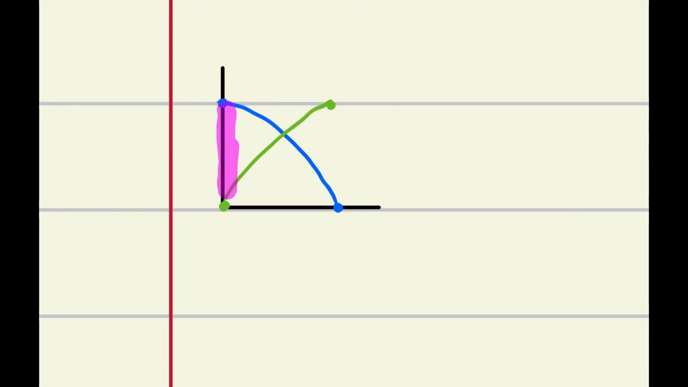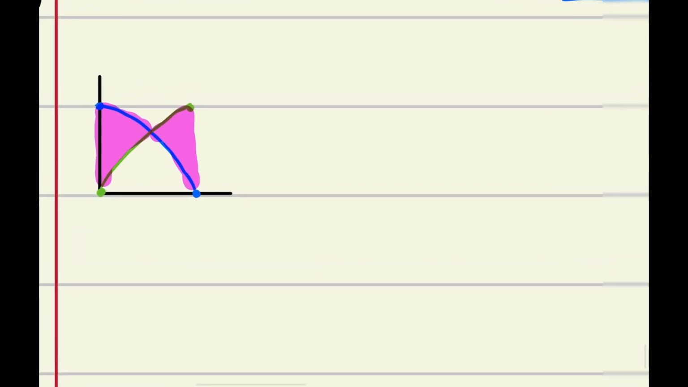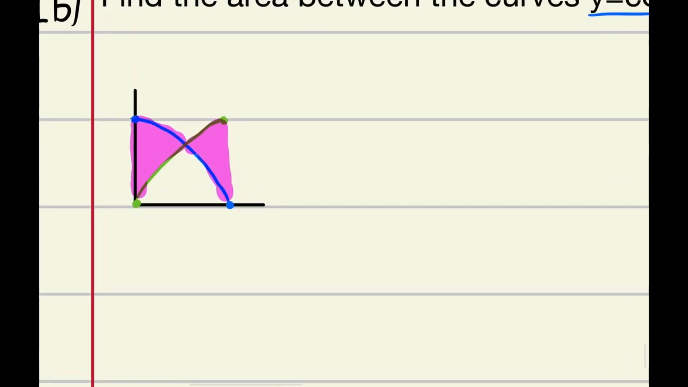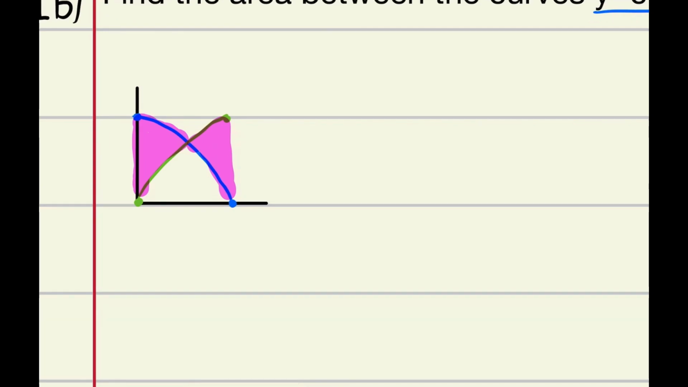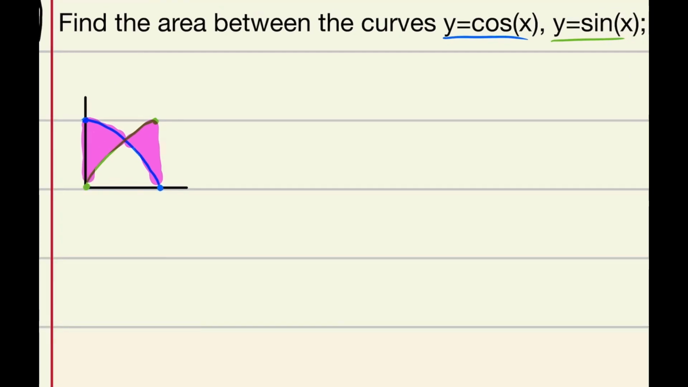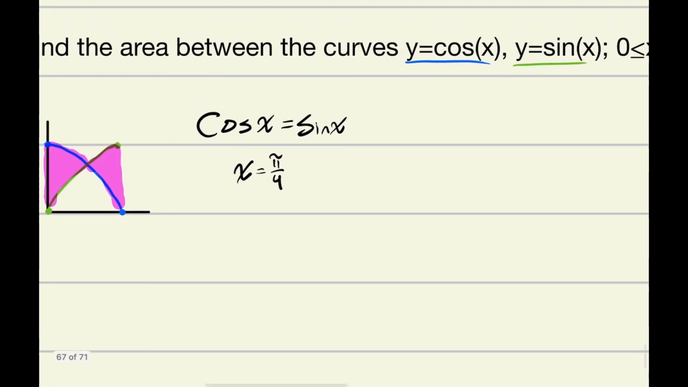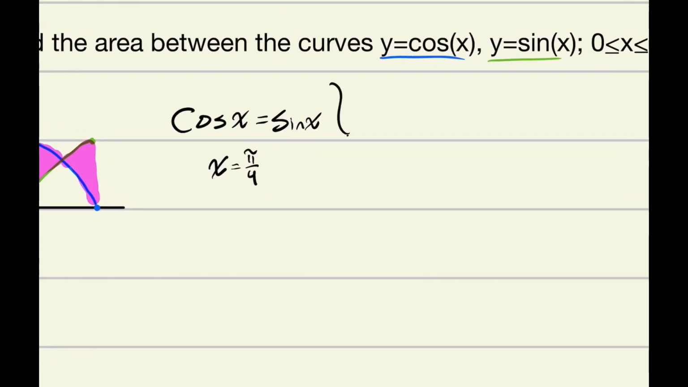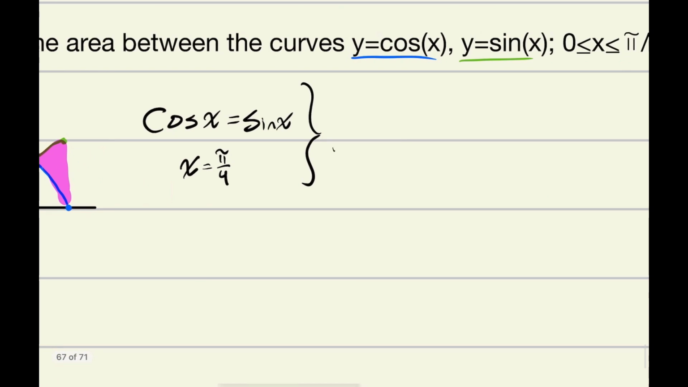And we're trying to find the area right there. To do that, we can find the intersection right there, which can be found by setting the functions equal to each other. So cosine of x is equal to sine of x when x is equal to pi over 4. With that information, we can find the area,